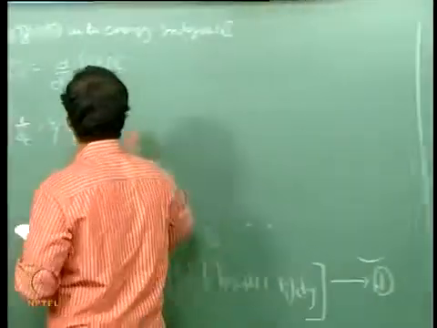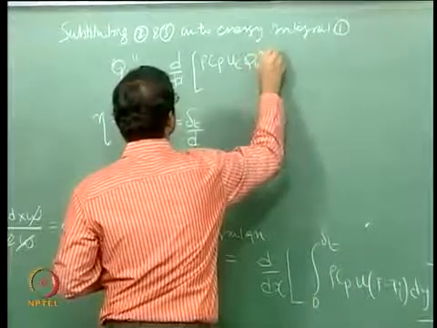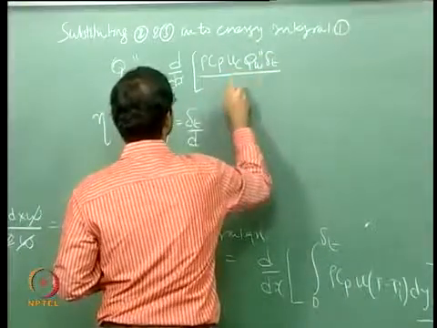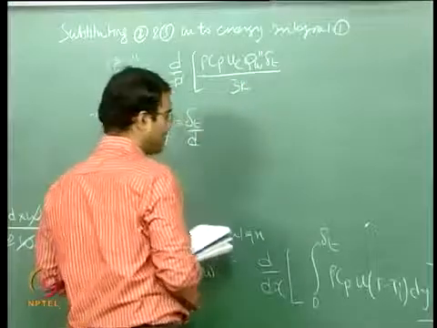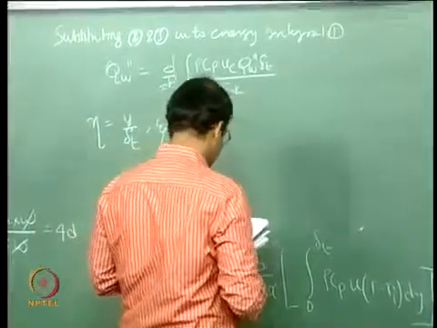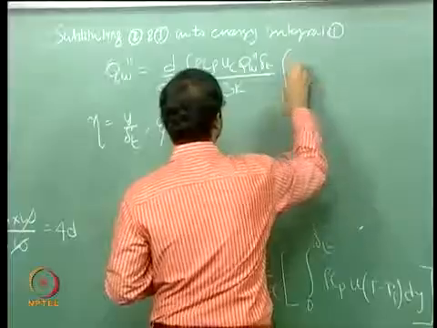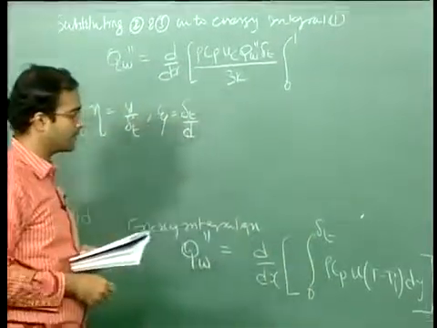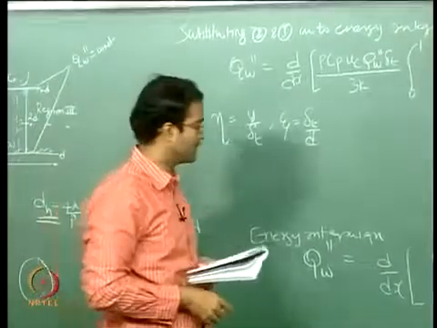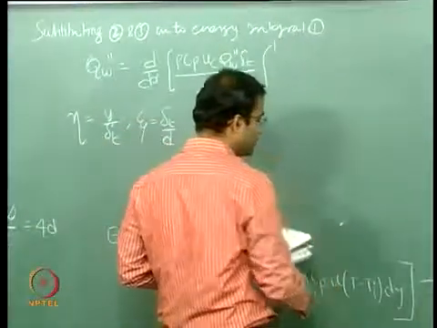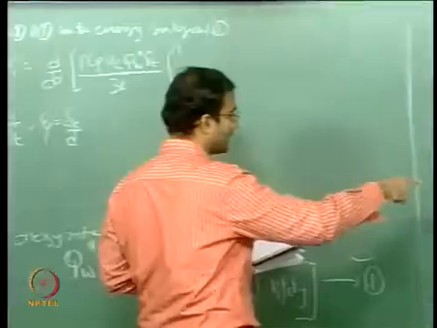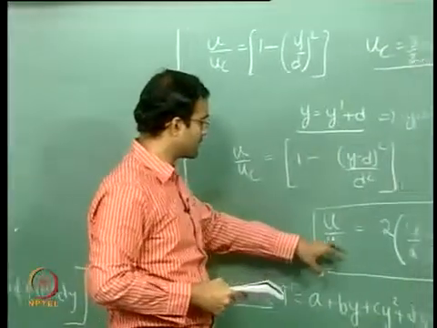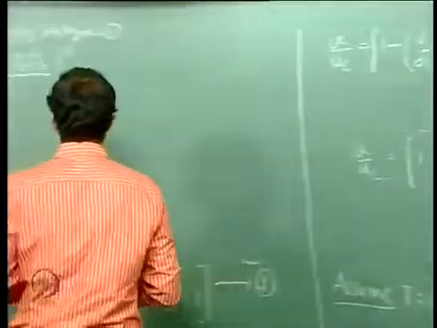So I can write that as q wall delta t by 3k, which I can pull out of the integral, and now I can integrate from 0 to 1. So at y equal to delta t, your eta becomes 1, and you have u into t minus ti, and u you have already written as uc into this, so this will be 2 times